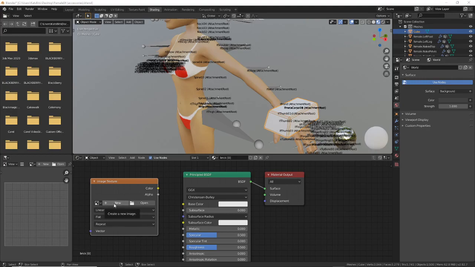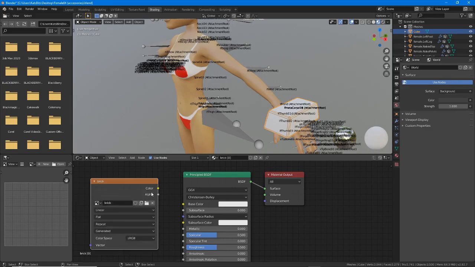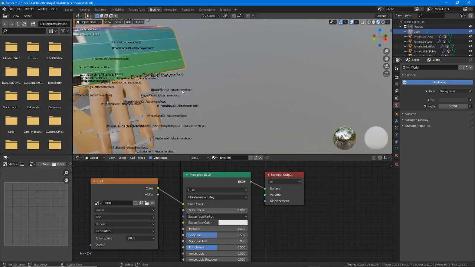Going to create a new texture, so click new, call this brick, and the width, let's go with 512 by 256. Generated type, UV grid or color grid, and then OK. And then what we want to do is connect color output to base color input. And there we have a texture